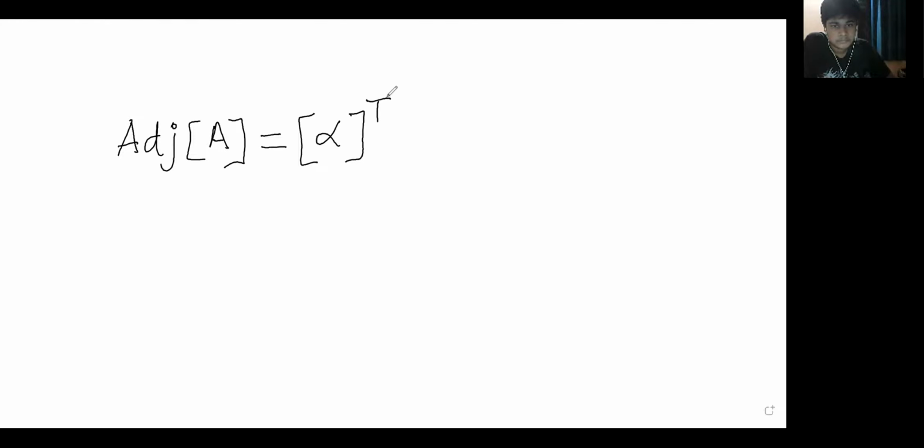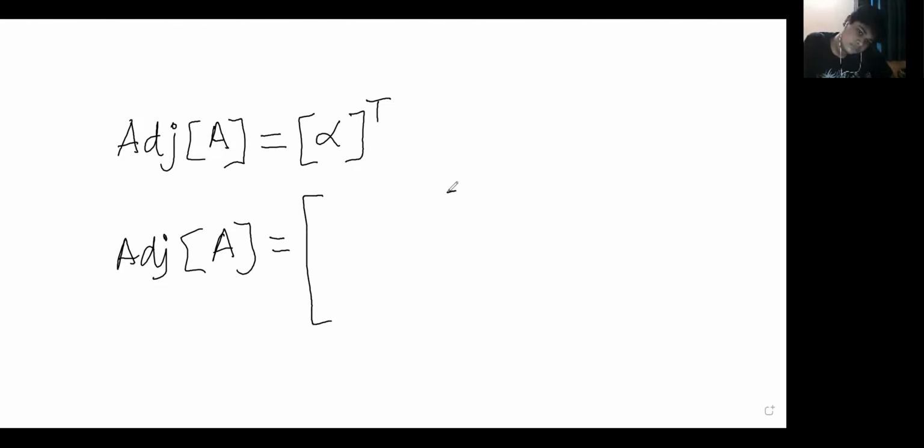Okay, I will write here. Is it visible now? So we have to write it as adjoint of matrix A, which is transpose of alpha. So adjoint of matrix A is equal to,